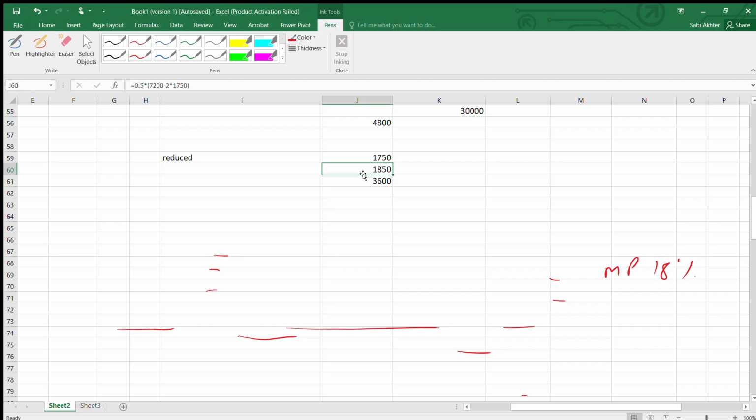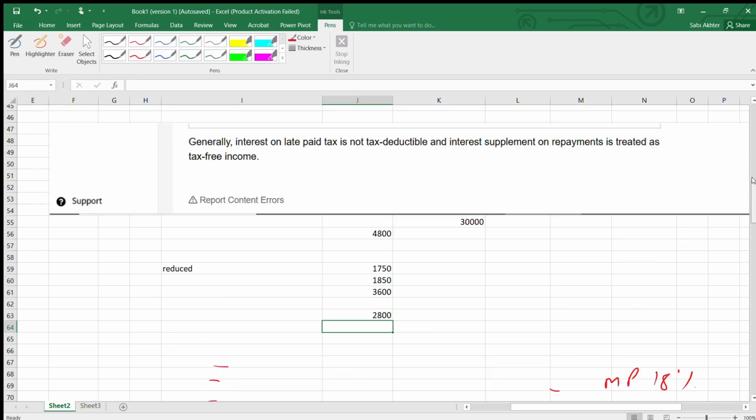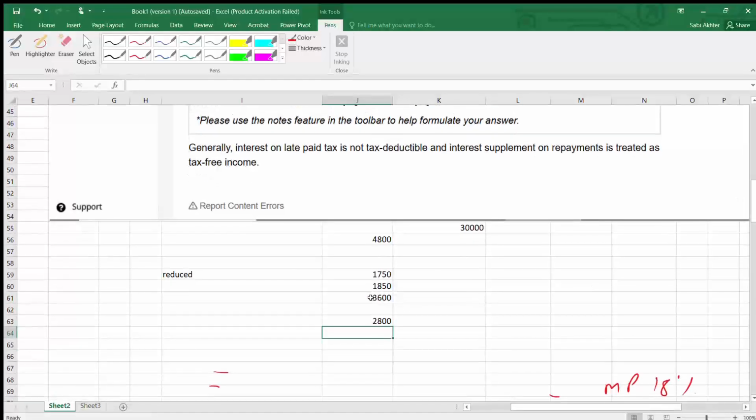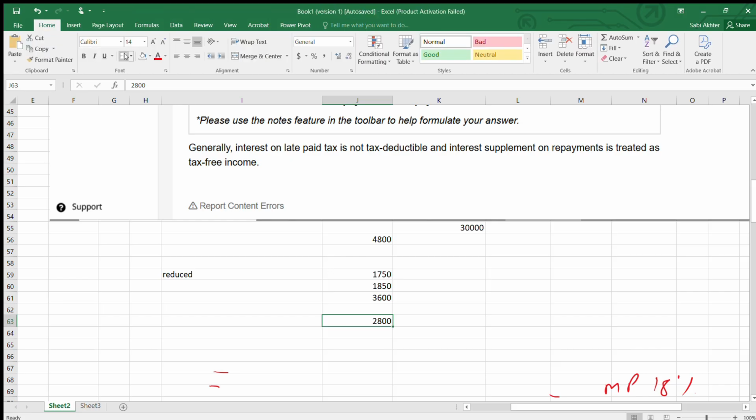And then payment on account if there was no claim that was made, which is 2800, isn't it? Here. So which one is lower, 3600 or 2800? 2800 is lower. So we are going to go by 2800. This is lower. So we are going to choose this. So now when we are calculating interest, it is the difference between the actual payment minus this 2800.